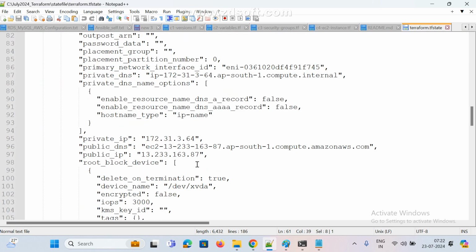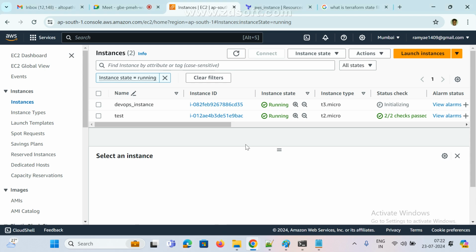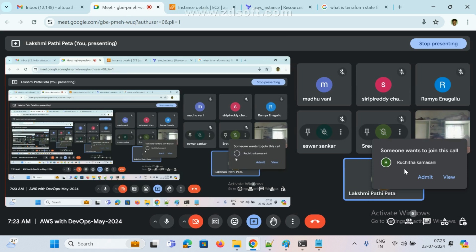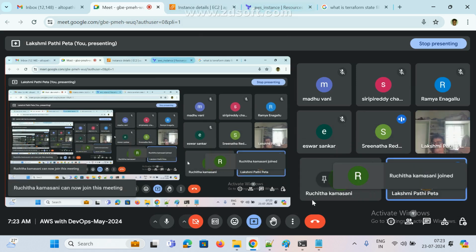Now we can check the instance's private IP and public IP, 6487. Now see here, got it? Clear guys? Anyone any doubt here? Clear. Okay. This is also very important for interviews.